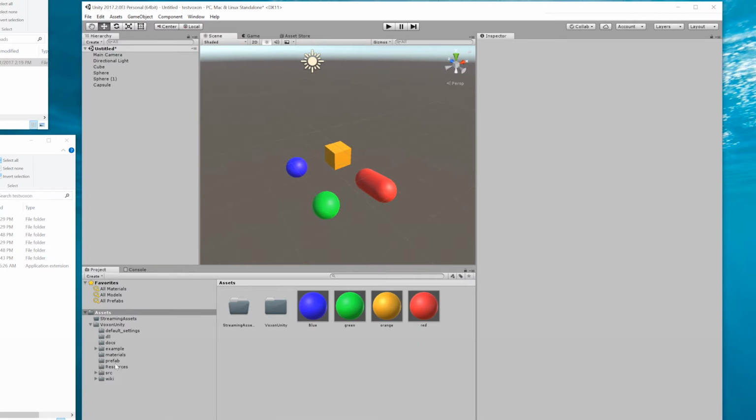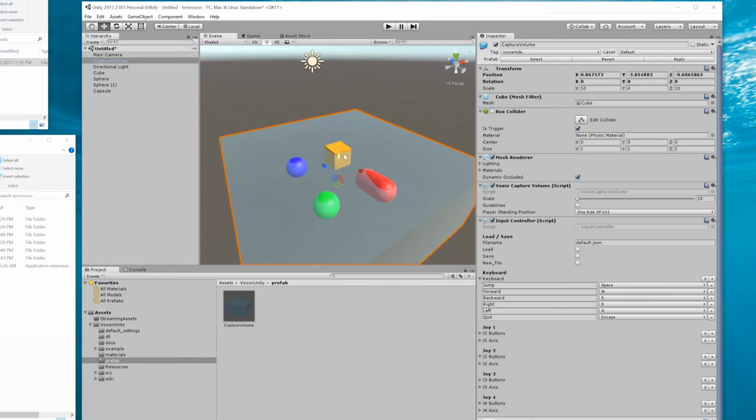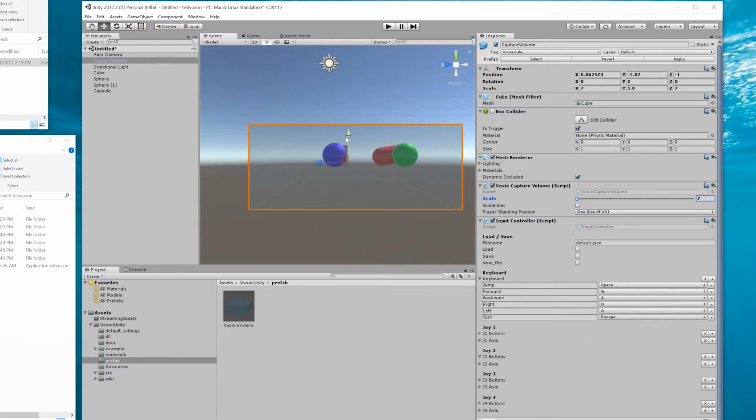To do that, we need to go to the prefabs folder and drag in the capture volume, which represents the bounding volume of the Voxon VX1. Clicking on that volume, you can then change the scale, shrinking it down to suit the size of your volume. And that's pretty much it. We're just going to make sure the objects all appear inside the volume, and now we're going to build